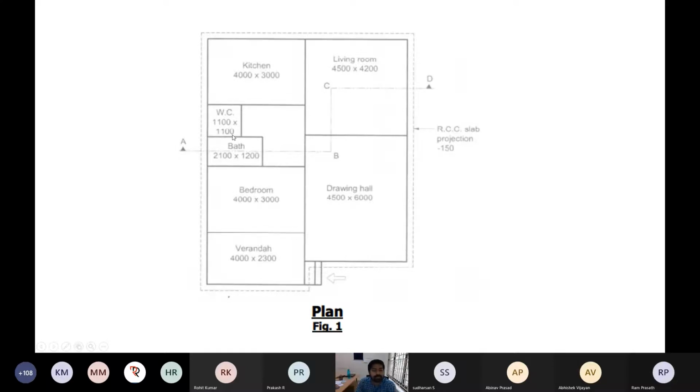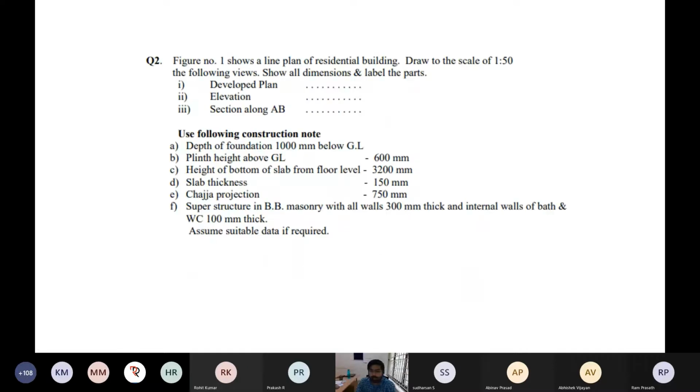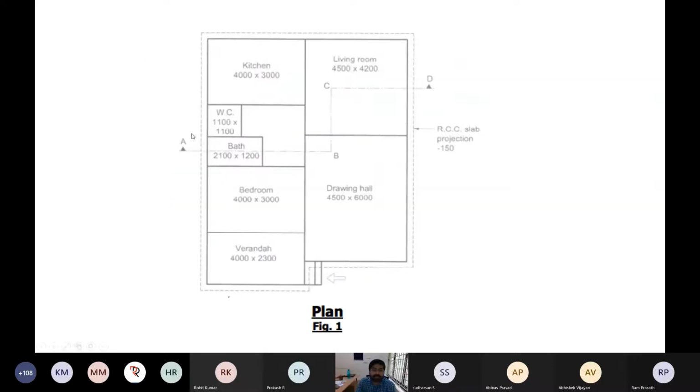You can do that your way. But here one important thing is how you provide this. This internal wall size is only 100, 10 centimeter only, because the internal walls are very small here. When you draw the plan you should know that. When you draw the plan and the section also, you have to do accordingly. So these things you need to know.